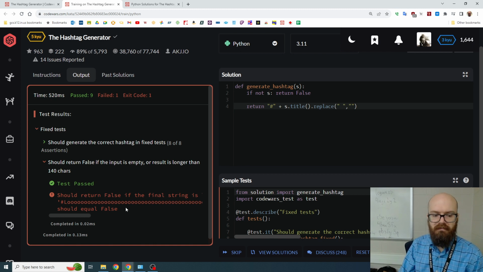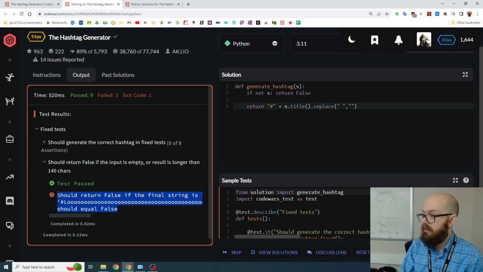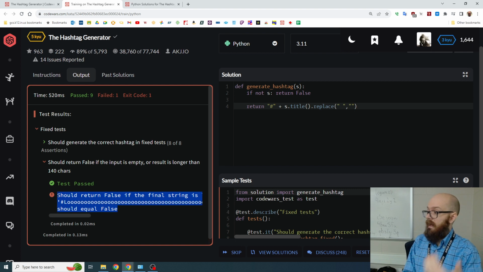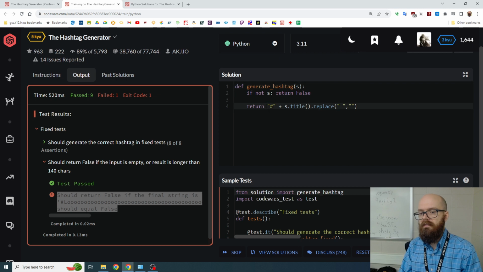Now we're still failing one, which is the length. If the length is too big, then it can't fit in a tweet, or it can't fit in an old tweet. It can now because they're double the length. Now we have to check that after we do it. We can't check S. So this guy, we can give it a name. We can say something like,